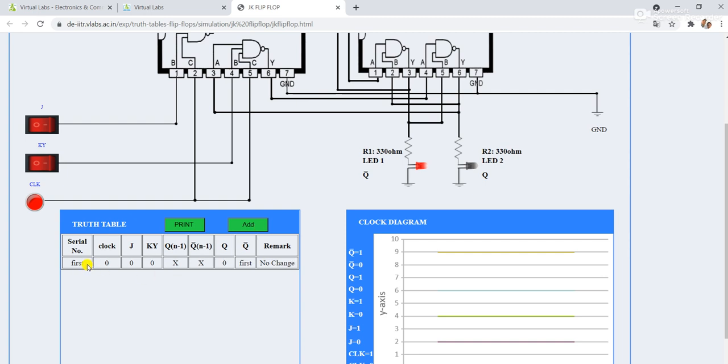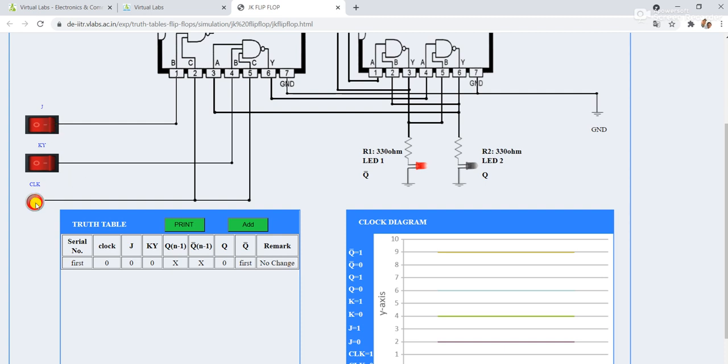At this value, clock is 0, means if your clock is 0, you will not get any input. So no change, means the previous states that belong to Q and Q bar will remain same.